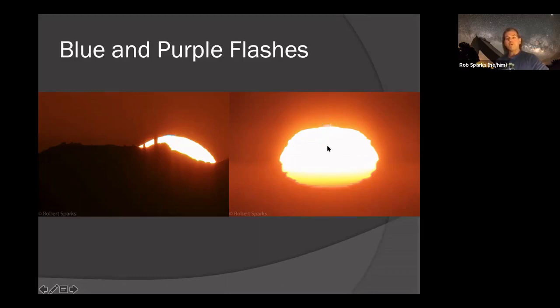You might say, well, why don't we get purple in every sunset? Blue and purple should be the last colors, as opposed to green. There's a couple of reasons for that. One is that our eyes are just not that sensitive to blue and purple compared to green. Our eyes are very sensitive to green, and the sensitivity drops off as you go toward the blues and purples. I have never actually physically seen a blue or purple flash with my eyes. I've only seen green. I've photographed blue and purple, but I've never actually seen them.